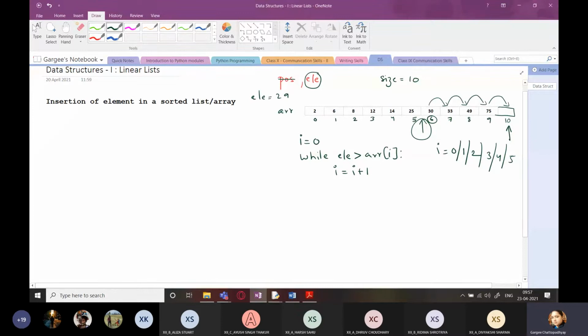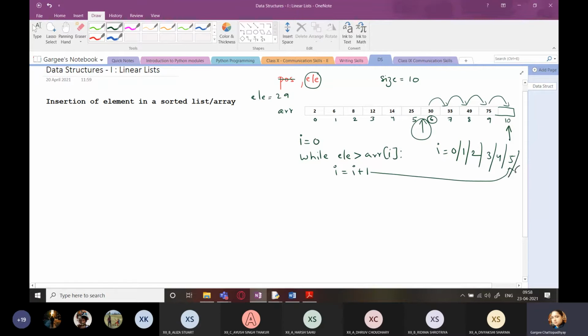So we have reached 5. At this point, it became 5. We again go back. So what is at 5? 25. Is element greater than 25? Answer is yes.